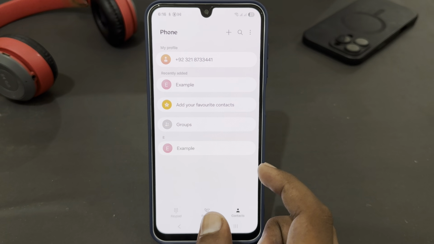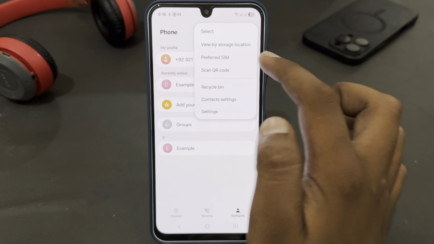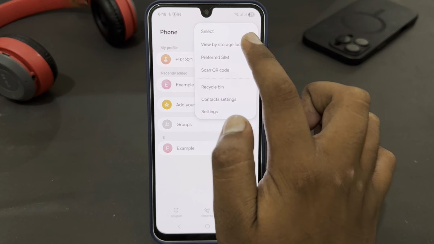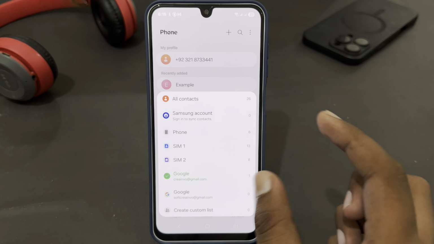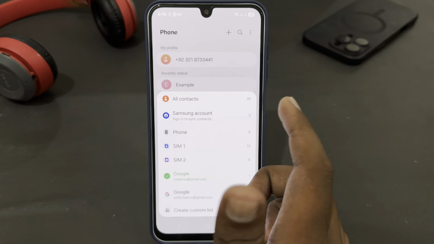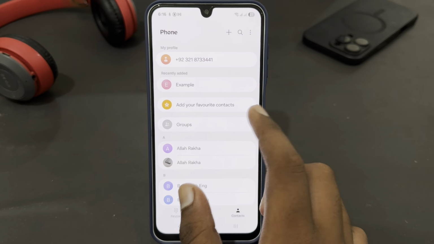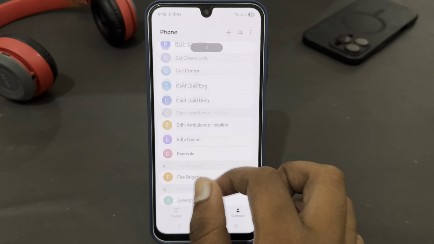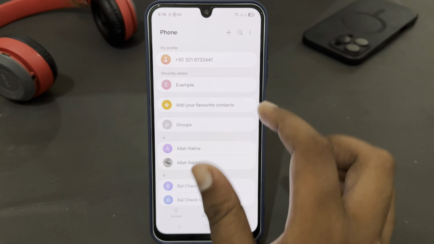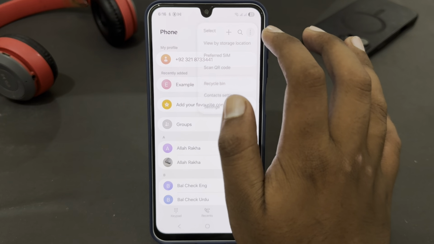Just tap on the three dots in the top right corner, go to view my stored location, and here you have to select which store you want to see. I'm going to select all contacts to get all contacts here. If you want to check any specific contact list, just tap on the three dots,